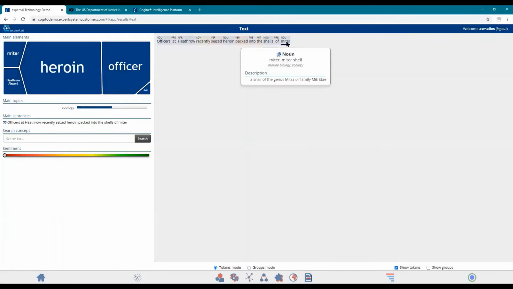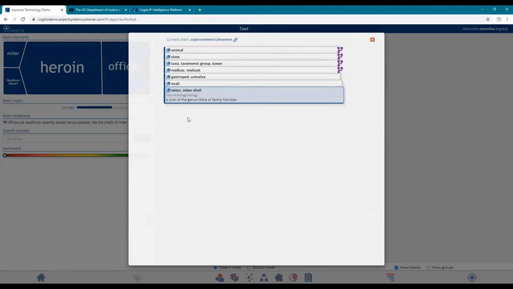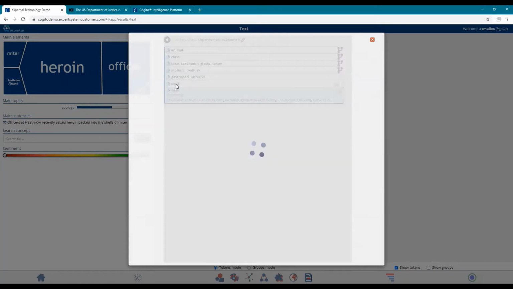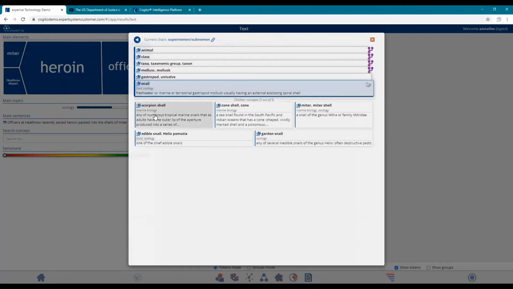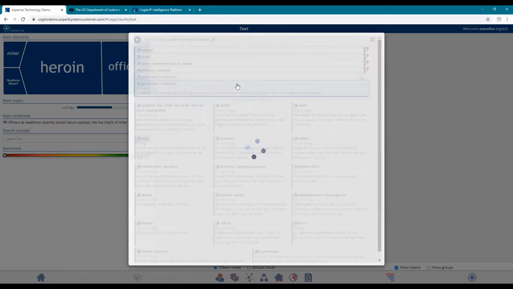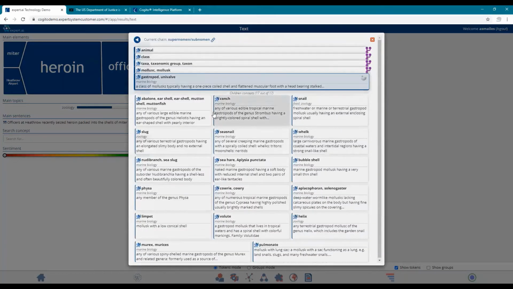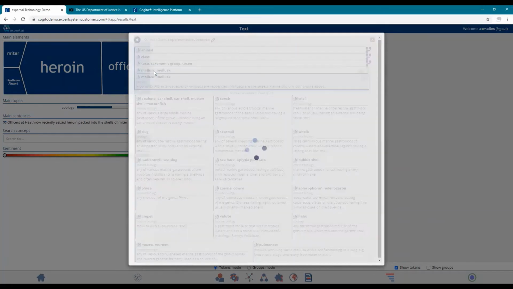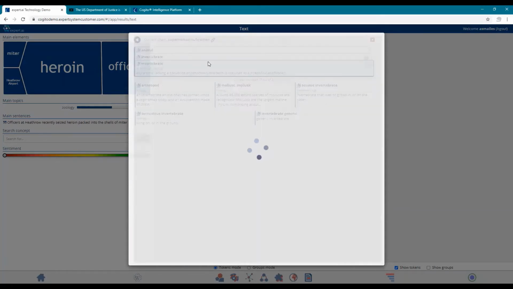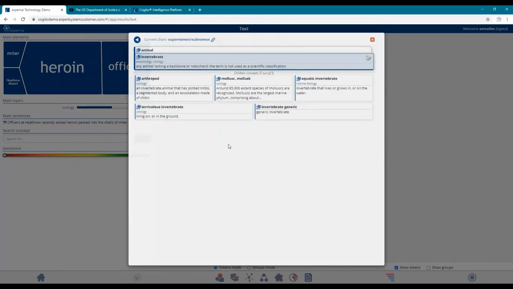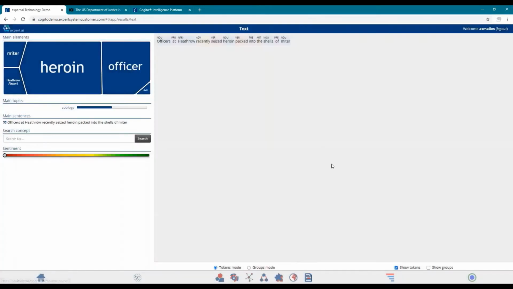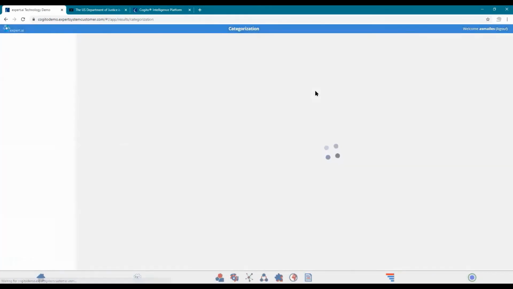If you then look at the word mitter. Mitter is a snail, which is part of a family, which is the garden snails, scorpion snails. It's a gastropod. And so here are all the classifications of gastropods and words used, which is a mollusk, which is an invertebrate, and whatever. So you can see there's a chain here, a network connecting the different words and their meaning and how to group them and categorize them. So if we can do that, then we can classify this sentence against standard taxonomies.